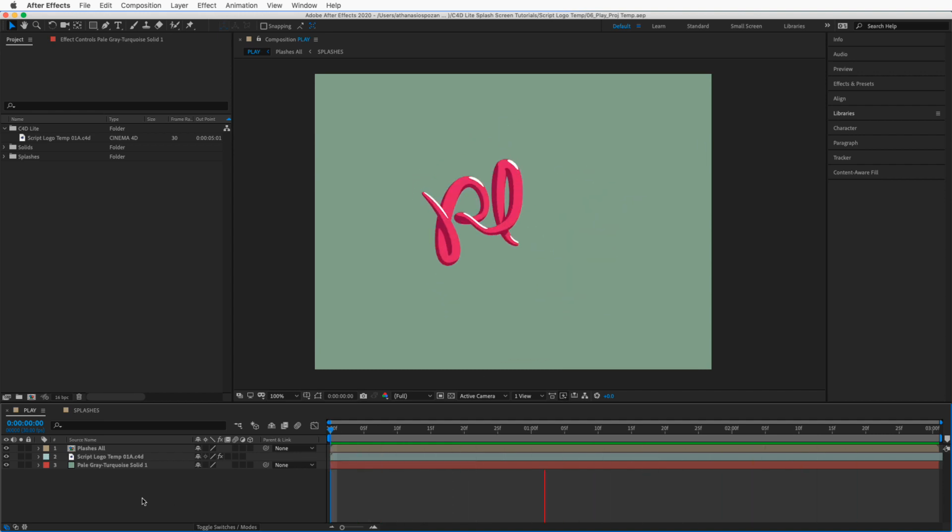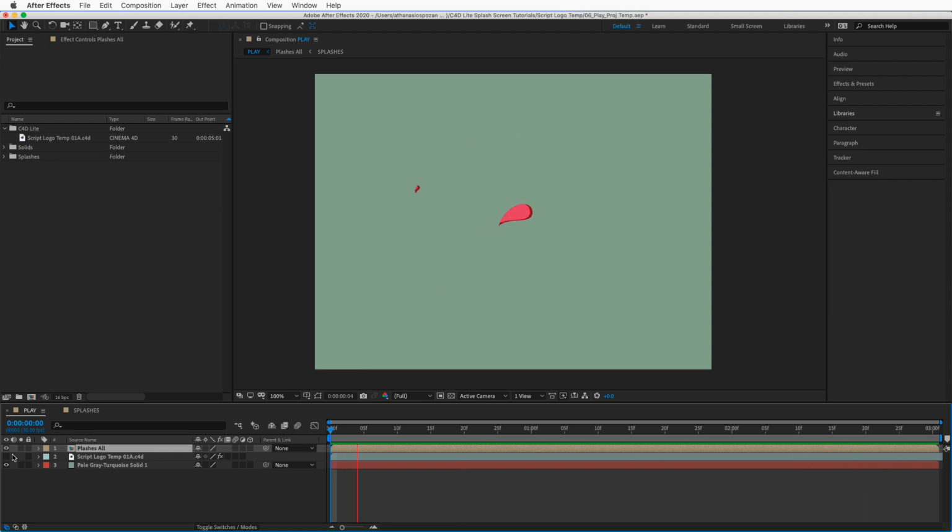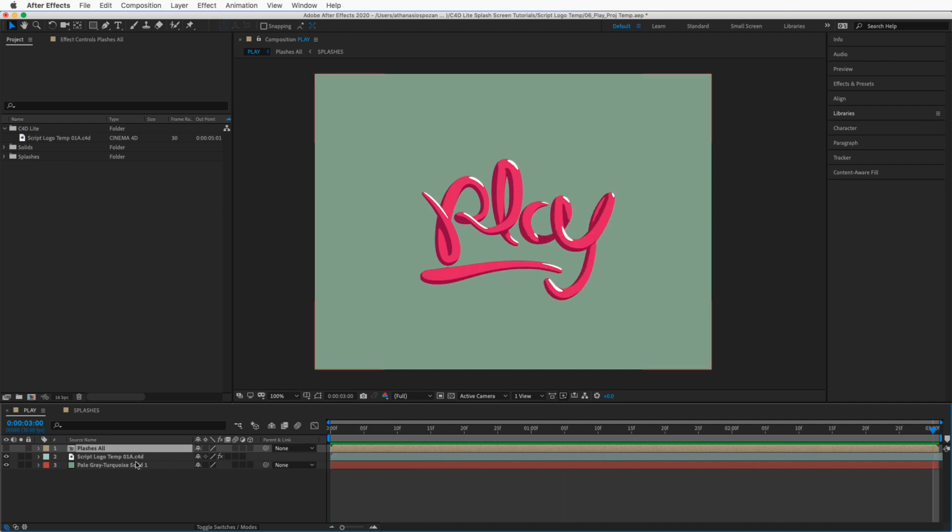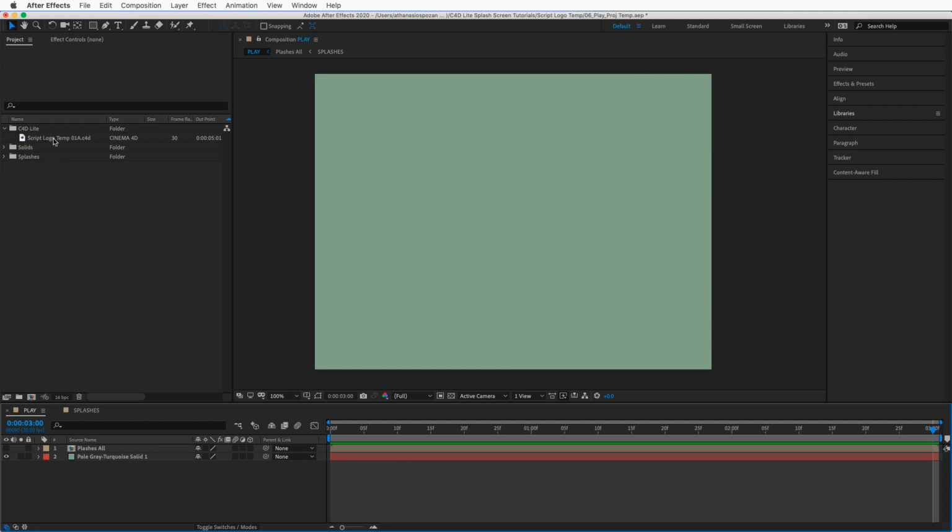And as you can see, it's comprised of a pre-comp that has all the splashes. Let me turn off the script logo. We only have the splashes there. We're not going to deal with this in this tutorial. And then we created this nice toony play using Cinema 4D Lite Release 21. And of course we have a background. So let's go and delete this from our layer stack, and let's delete it from here as well. The actual project file is going to be available for download.